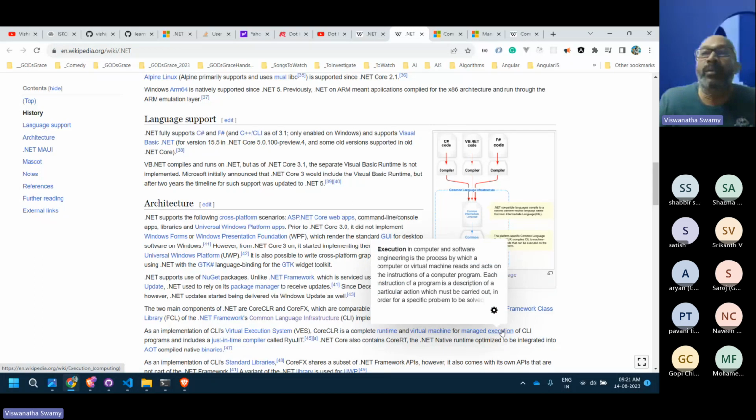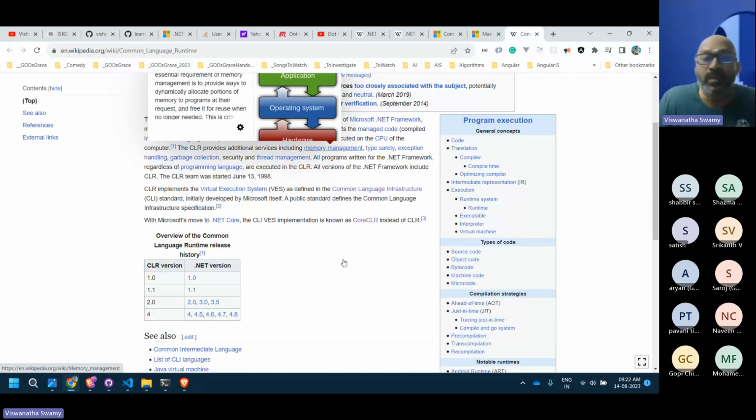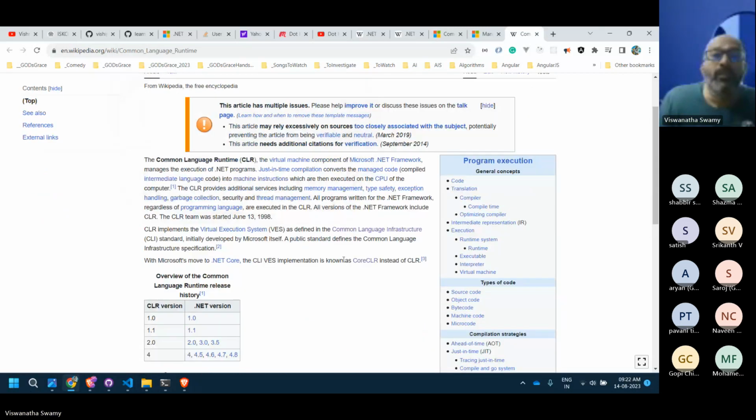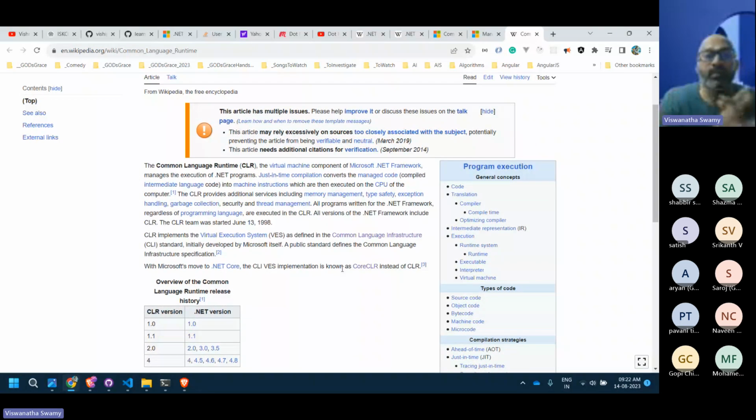We will come and learn about that, but let's at least see what this CLR, the common language runtime, is. It's the virtual machine, like a JVM. This is also a virtual machine where it does the just-in-time compilation and the managed code execution.